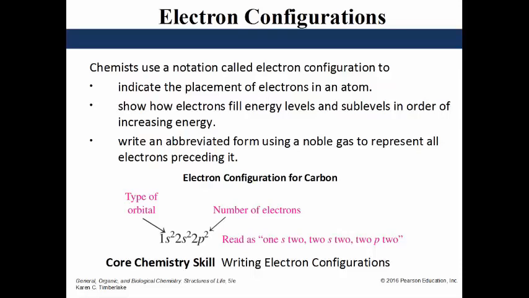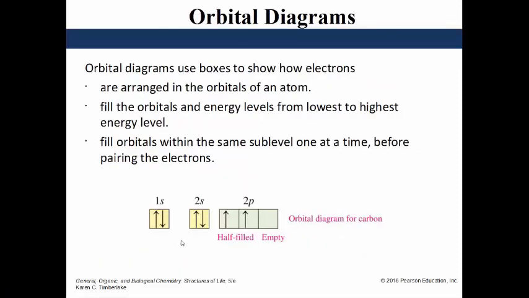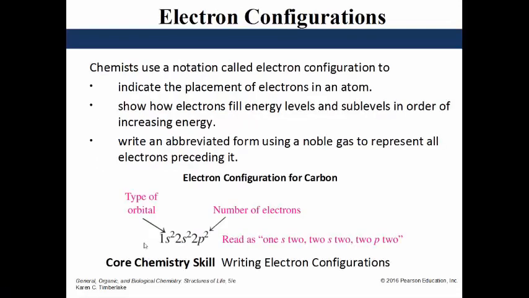And there's an abbreviated form using a particular noble gas to represent all the electrons preceding it. That's a shorthand way to write an agreed upon setting for all these configurations. So for an example, the electron configuration for carbon, when you write it out using this type of setup, and we'll go over an example of one here in a second also. Carbon, it'd be written just like this, and this is how it's read: